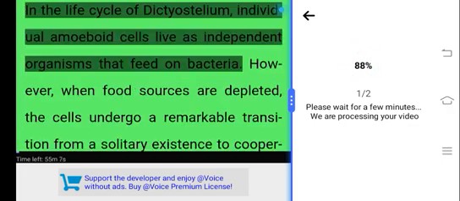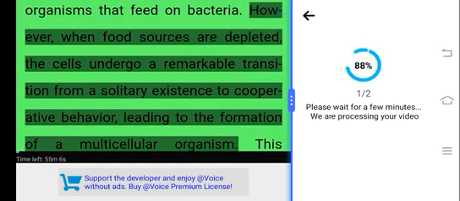Cell aggregation in Dictyostelium. In the life cycle of Dictyostelium, individual amoeboid cells live as independent organisms that feed on bacteria. However, when food sources are depleted, the cells undergo a remarkable transition from a solitary existence to cooperative behavior, leading to